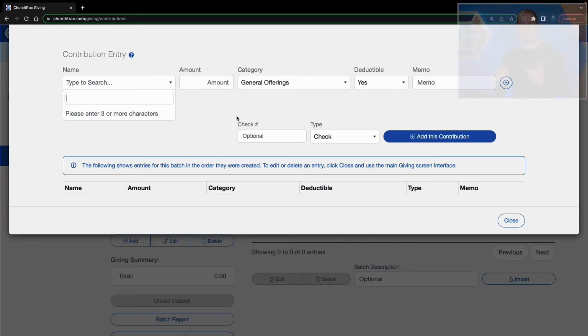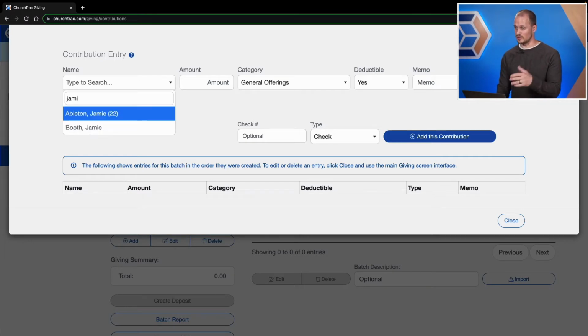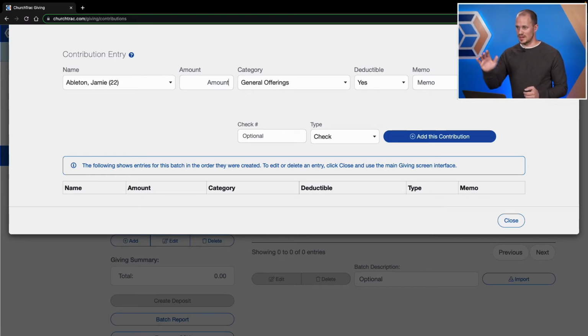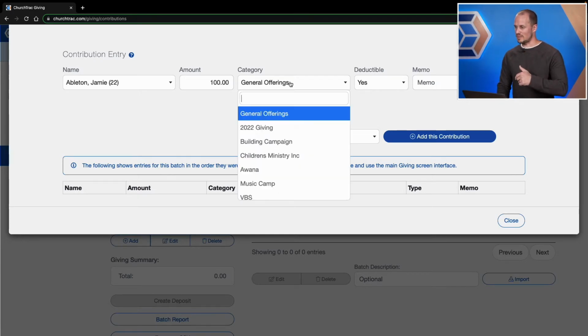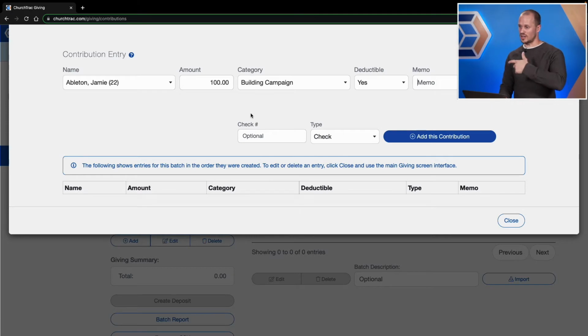the screen. To do so, I just begin typing the first few letters of one of my donors. So I'm going to use Jamie Ableton as an example. Let's say she gave $100. In the category drop-down menu, I can select a category that the donor wanted the money to go towards. So let's say Jamie wants $100 to go toward the building campaign to raise money to buy a new building for this church. I can leave a note in the memo line if there's something important that needs to be